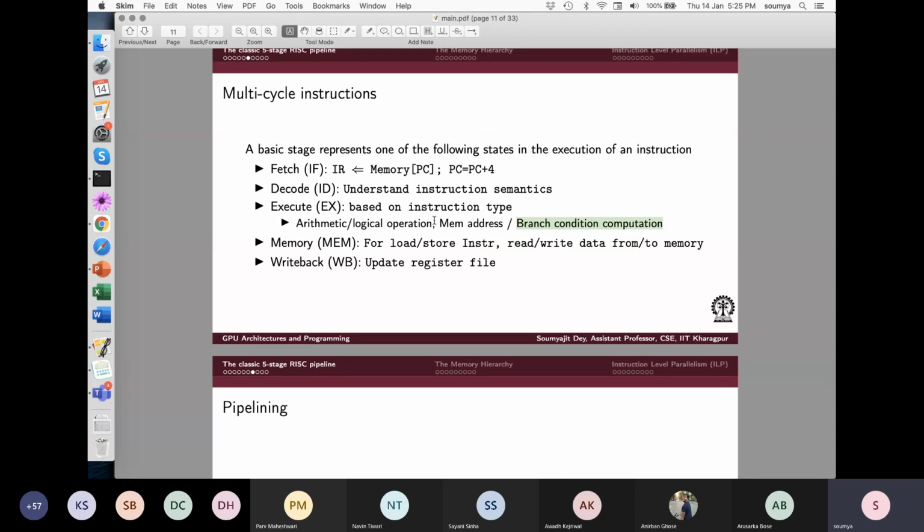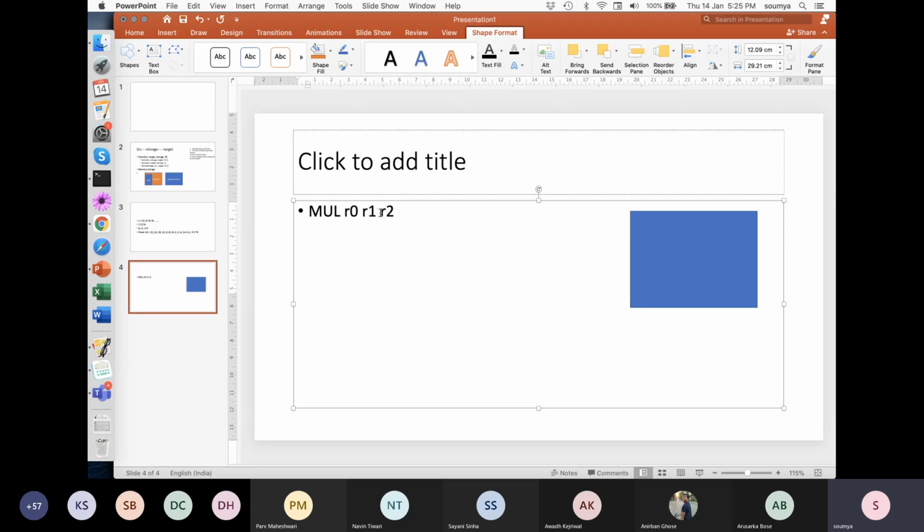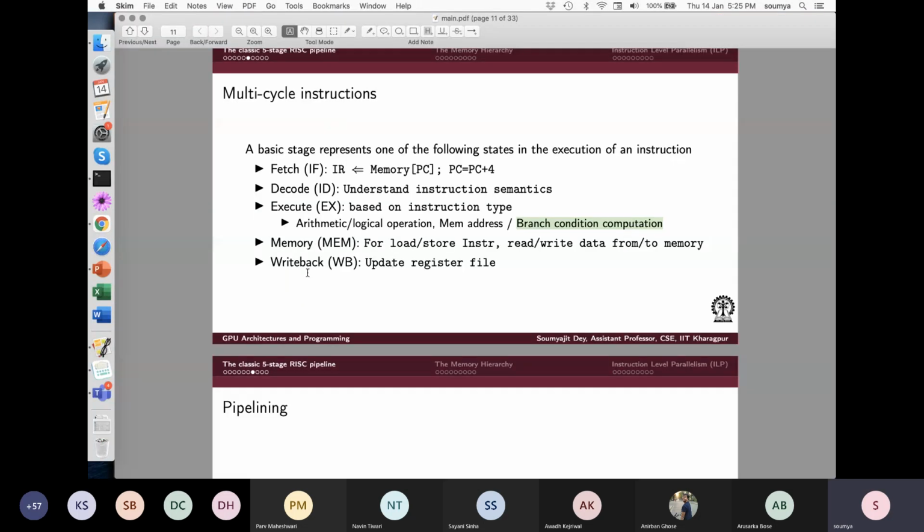So you evaluate the multiplication here, but then you have something to do, right? After doing the multiplication, you have to store that result back in R2. This write back to R2 will not happen in the next stage, it will happen in the write back stage. So that means this output is still there at the output of the execution unit. Then one clock cycle, the mem stage will pass, and after that, in this clock cycle, you will get the write back. The question is then, why do we have the mem stage?